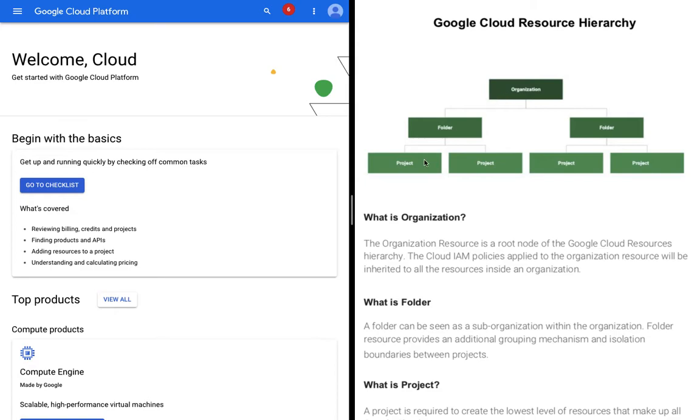Now, you might be thinking, why do we need this hierarchy if we can just have a simple one where we only need to manage the projects? There are two benefits that you're getting. One is inheritance of permission. Any permission that is applied on the organization level will be inherited by the low-level resources. Any permission on the organization will be inherited by the folder, and from the folder it can also be inherited by the project. So that's a really cool thing.